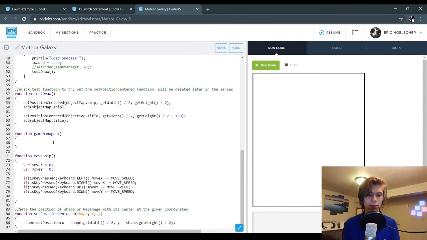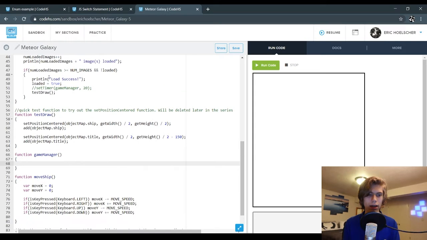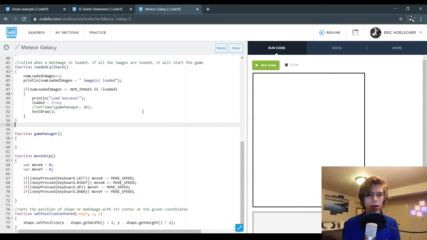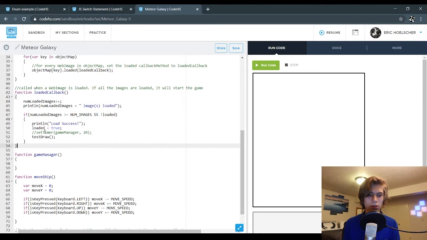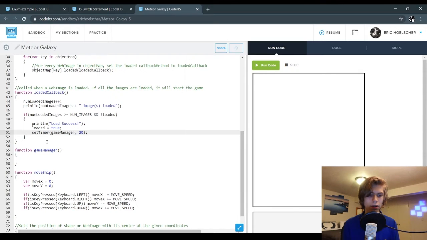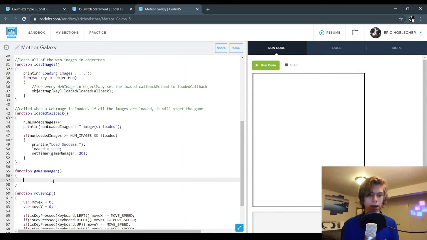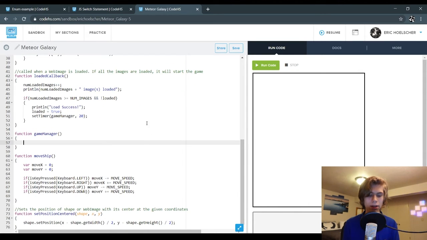So let's go back to the game manager, and I'm going to take out the test draw method for now, because that was just to test some methods from the last video. I'm going to uncomment the set timer and then get rid of test draw here. So this will now call a game manager again. So inside game manager, let's put a switch in here,